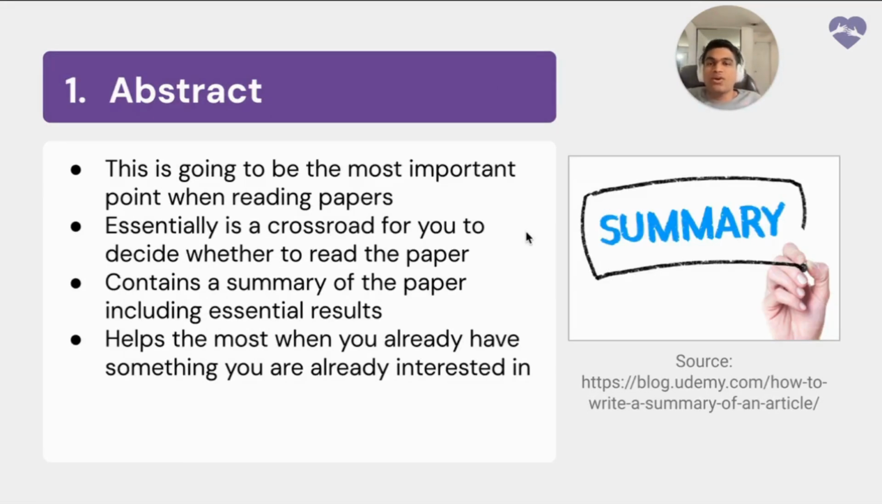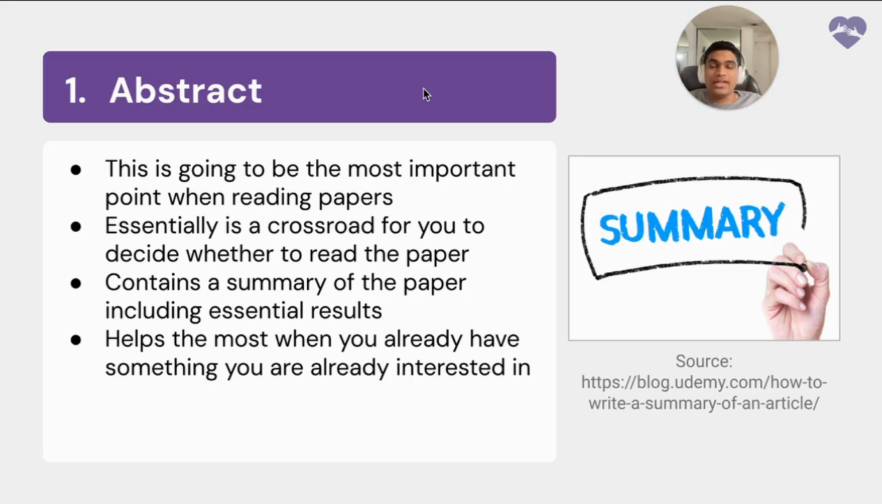So to start, let's go over the abstract. It's probably one of the most important points when you're reading a paper. It provides a short summary, and it's essentially a crossroad for you to decide whether to read a paper because it contains that summary of the paper, which includes the essential results and the overall methods that they used in the research, which will help you decide if it's relevant to work with or not,